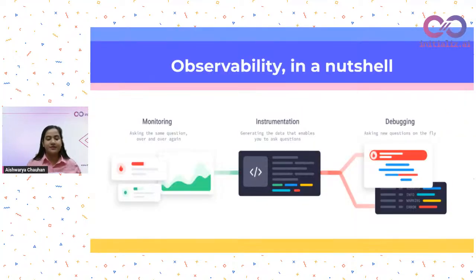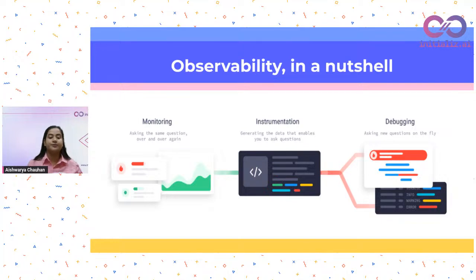In the last few weeks, we checked out many aspects of observability. We learned how important logging, metrics, and tracing are. And we went through a lot of tools such as Jaeger UI, Splunk, Grafana, and OpenTelemetry. So on your screens, you can see how observability looks in a nutshell. You start with monitoring and logging, and then you add instrumentation, that is traces,